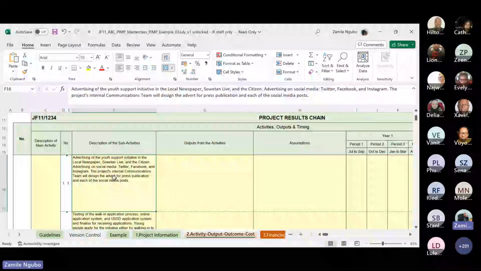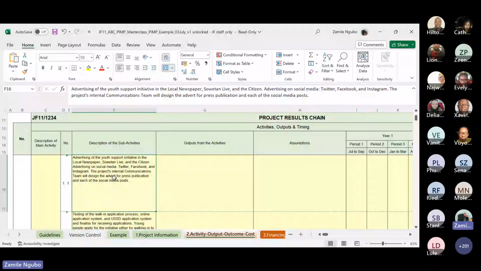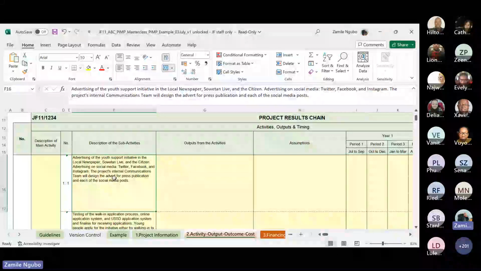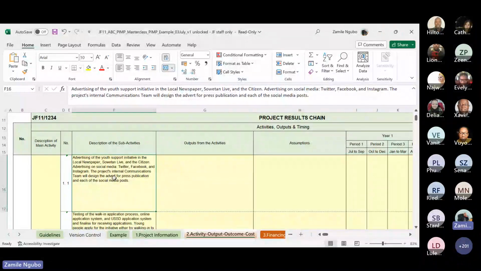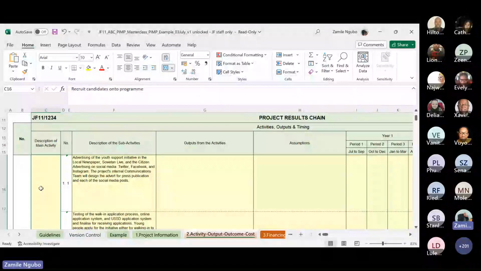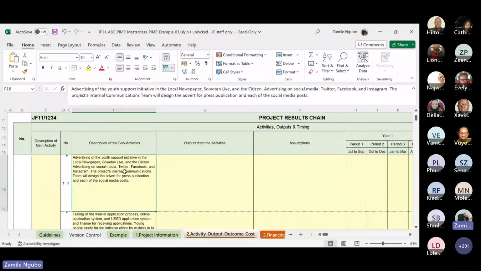So these are now smaller tasks that will assist in realization of the main output of this activity category. So here we have identified recruitment as a main activity category. Then these are the sub-activities. The first sub-activity is to advertise the initiative in local newspapers, the Sowetan, and via